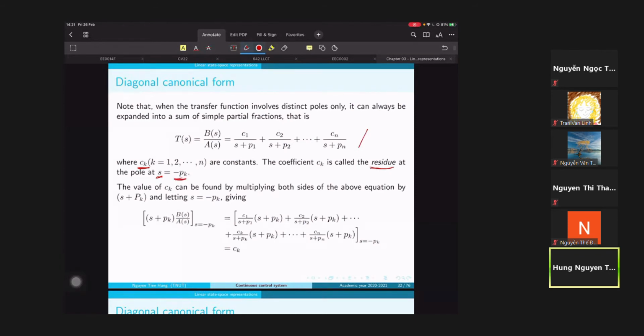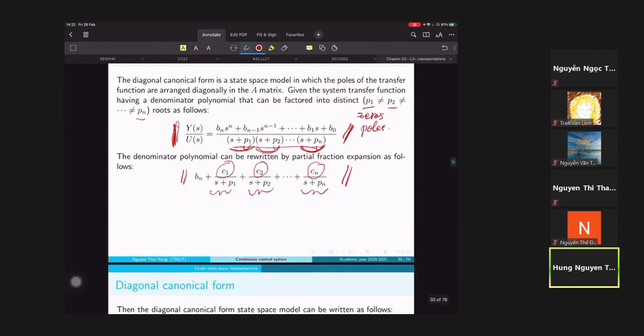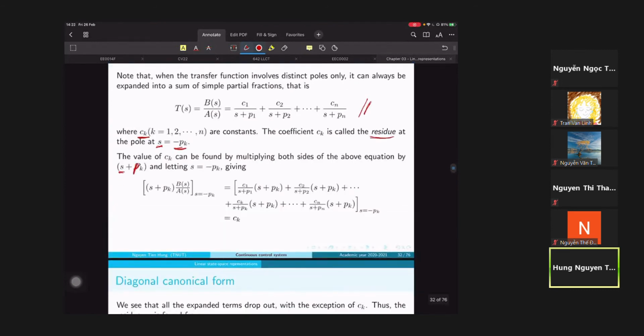We can find Ck by multiplying both sides of the above equation by (s plus pk), and then letting s equal minus pk. For example,